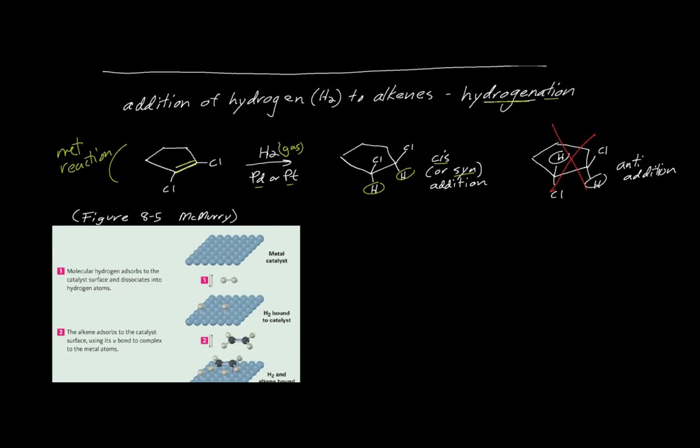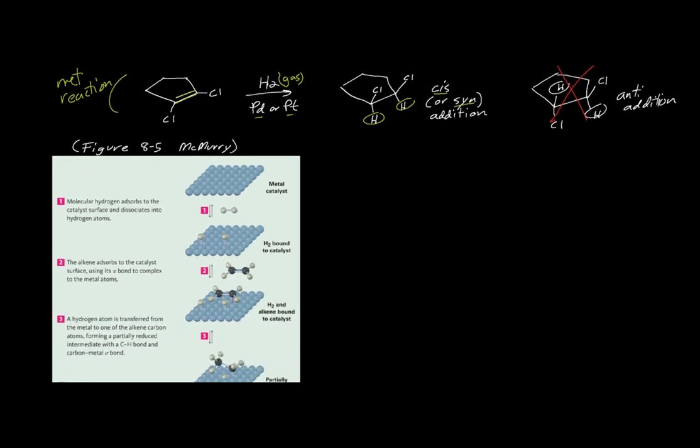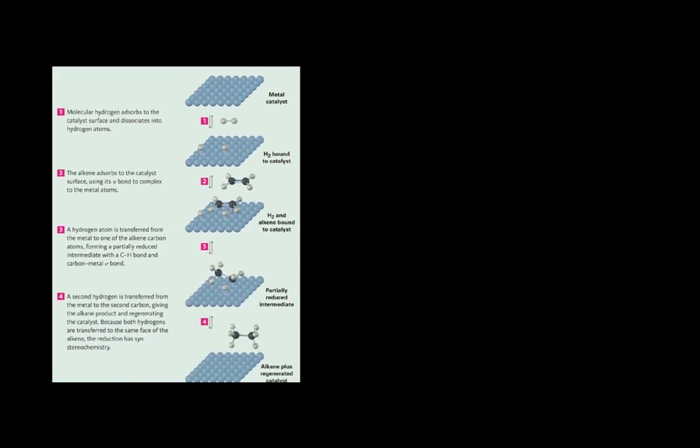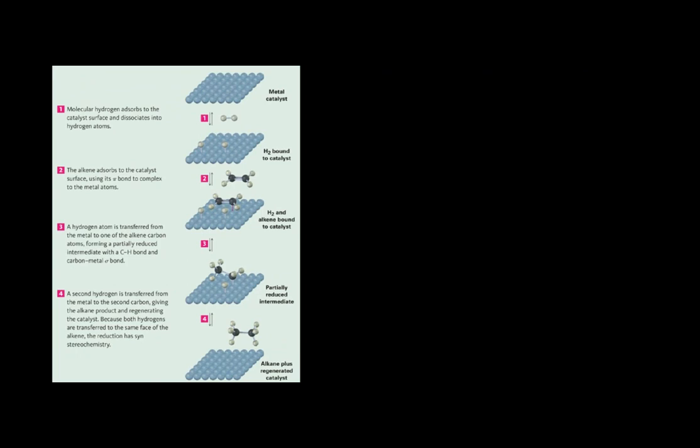So here's the thing. You could memorize this fact that the hydrogens are adding syn, and that's useful. But to understand why they're adding syn, you need to understand the mechanism of the reaction. Shown in this figure, pretty good one from McMurry. We'll see similar ones in other books. So our metal catalyst here, so this is palladium or platinum. I think palladium's a little cheaper. You bubble hydrogen gas, H2, through the solution with that metal catalyst, and the hydrogens, notice, bind to the surface of the metal. Then the alkene comes in,